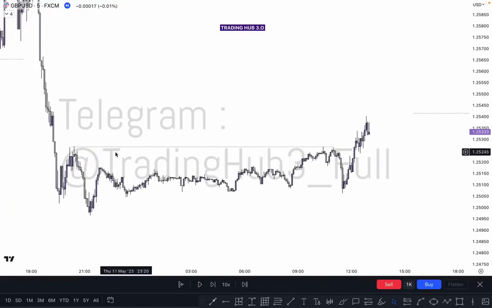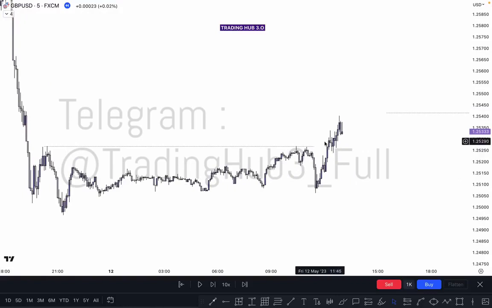Okay, so in this case, what happened here? This is our inducement taken out, and after breaking this one, how can you deal with this situation? First of all, look at this one. These are equal highs at this point, right? So if you are willing to buy at this point, which point can you take entry for the buy? In this current situation, you have to identify where our inducement is and where our PY is